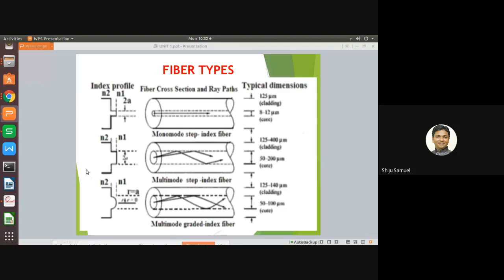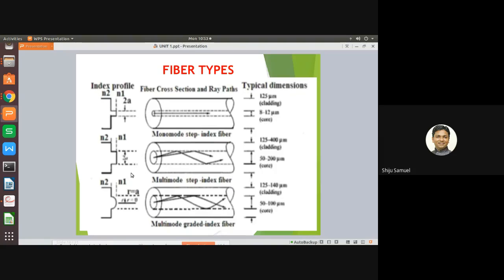Now in the monomode step index fiber, what happened? If you are observing, it allows the propagation of only one transverse electromagnetic mode. As we already said about broadening of transmitted light pulses, that is one mode is transmitted. In other words, it allows the propagation of only one transverse electromagnetic mode. Of course it is an electromagnetic wave. So in the condition of monomode step index fiber, there is the propagation of only one transverse electromagnetic mode.